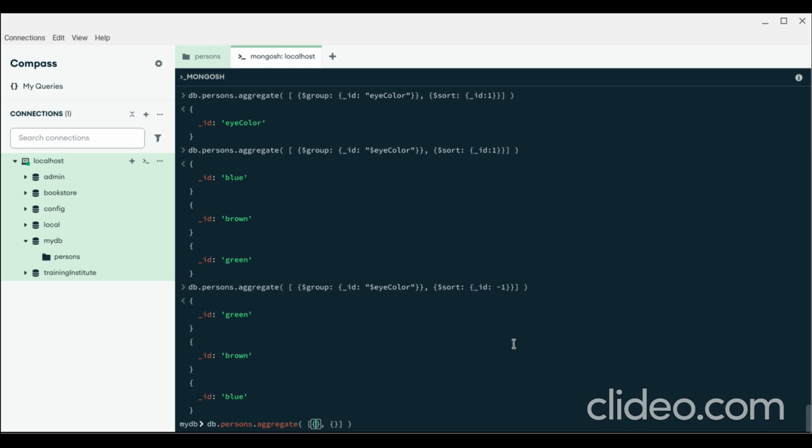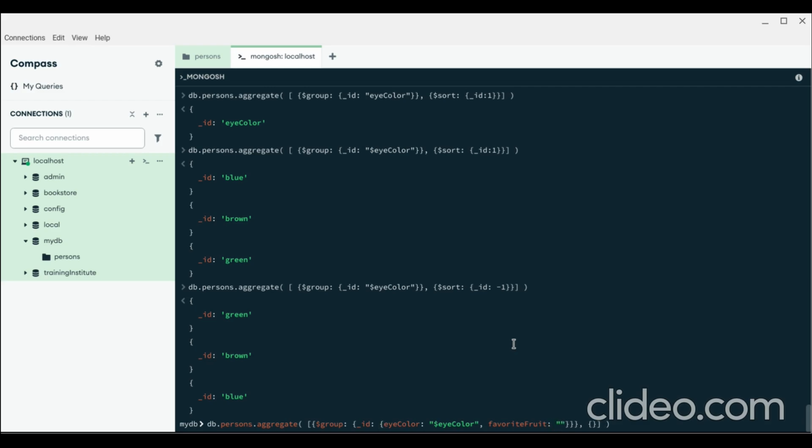In the first stage we will have group, and then we have ID as we are already aware of. Then we have eye color, and then dollar sign eye color. Values of eye color will be here. And then we have favorite fruit, F-A-V-O-R-I-T-E, favorite fruit,